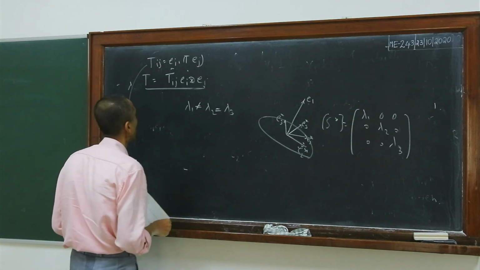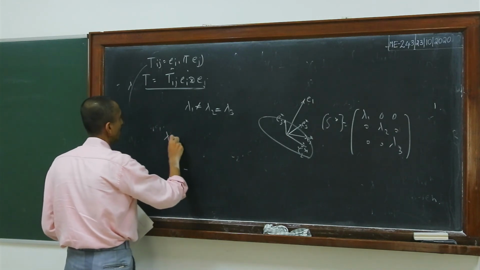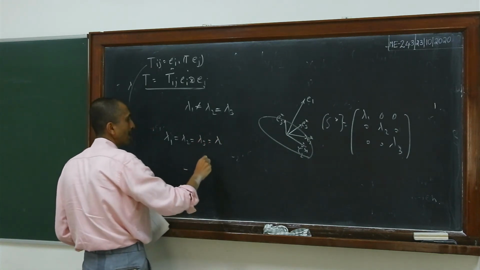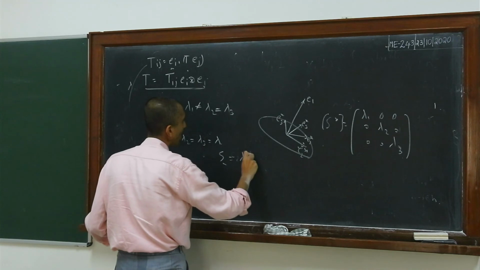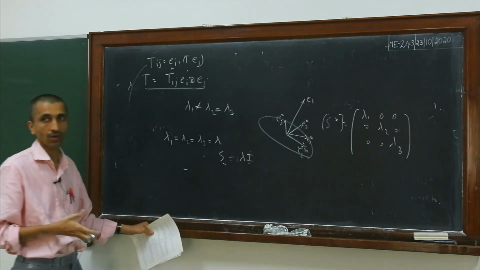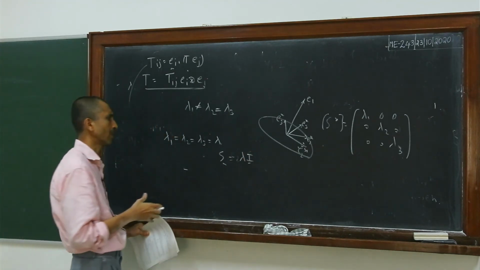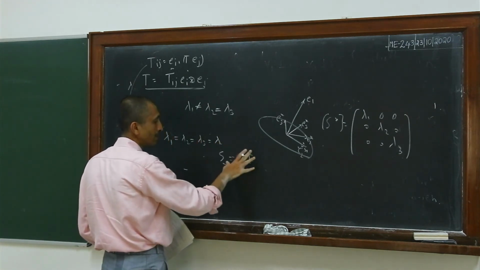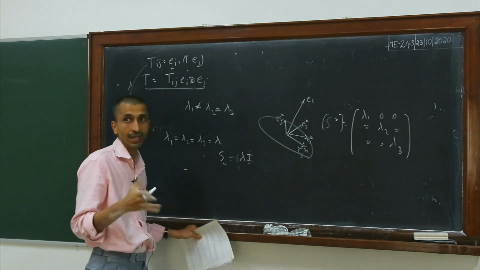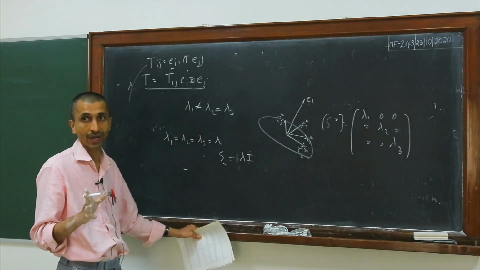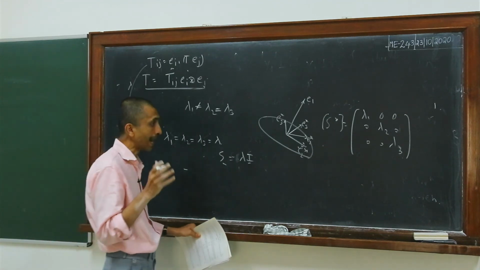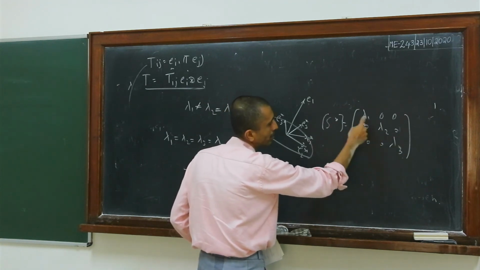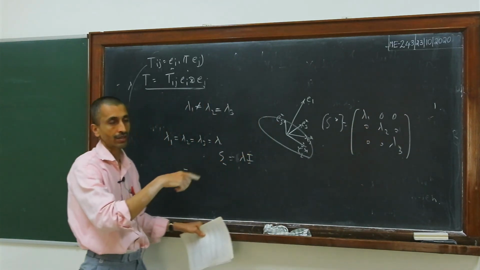And then finally, if you have lambda 1 is equal to lambda 2 equal to lambda 3 equal to lambda, then in that case you will get that S is equal to lambda I. So that means it is like a hydrostatic tensor or whatever you want to call it. Lambda times identity will always be the form, and even in this particular case you can choose any three orthonormal vectors, and then in that basis again your S will be lambda, lambda, lambda, so it will be lambda times identity.